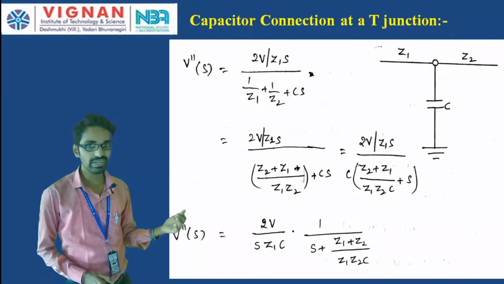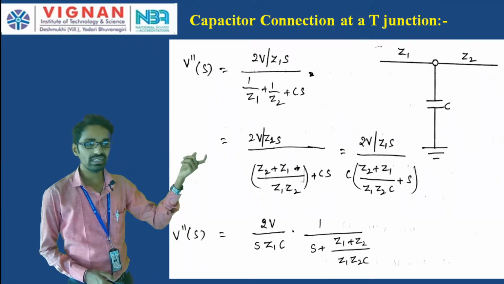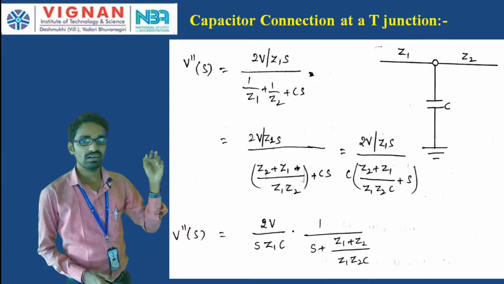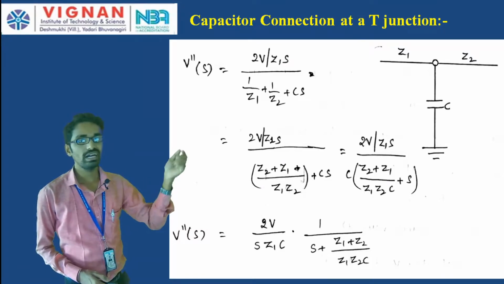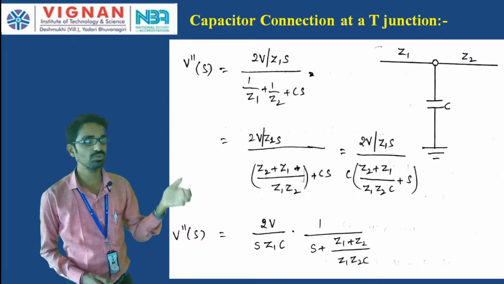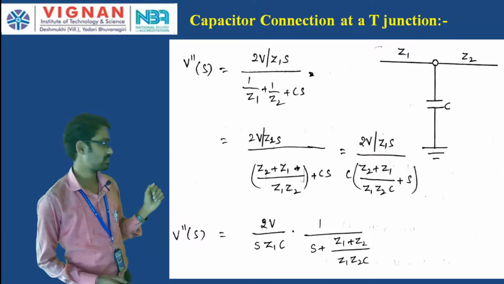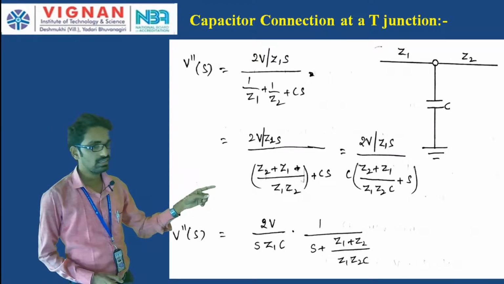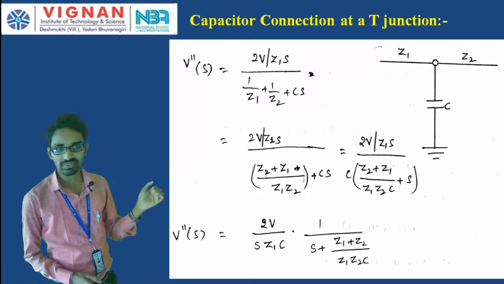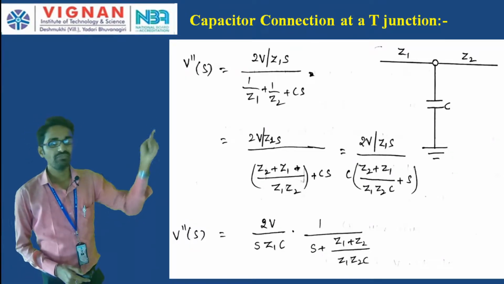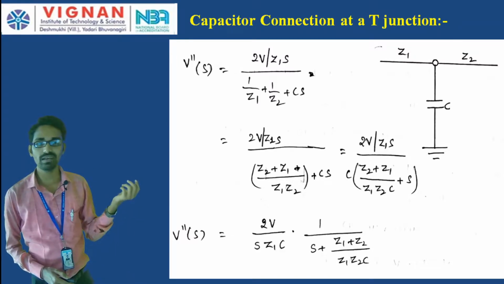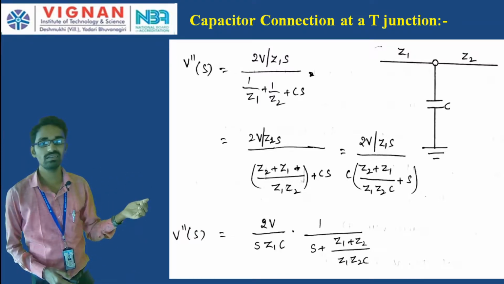In that we have three lines having three different impedances. But here we have Z1 as the main line impedance, and Z2 as the impedance of the other line, and at the junction point of Z1 and Z2 we connect a capacitor. So if I connect a capacitor here, then what is the behavior of the refracted voltage? Here V double dash of S is the refracted voltage. So when we connect a capacitor, what happens to that?